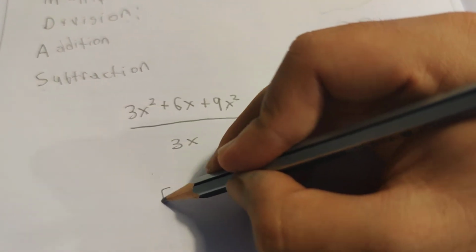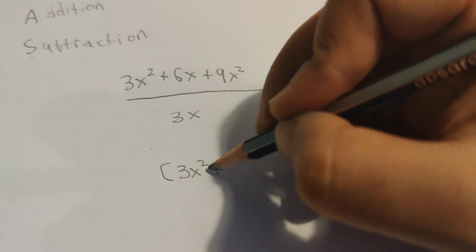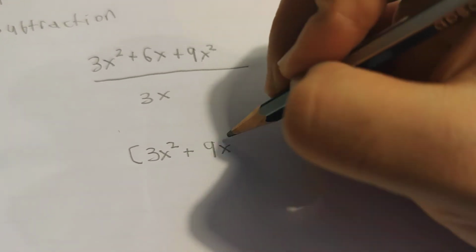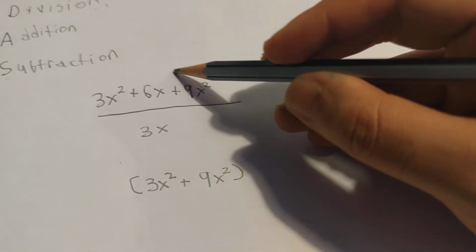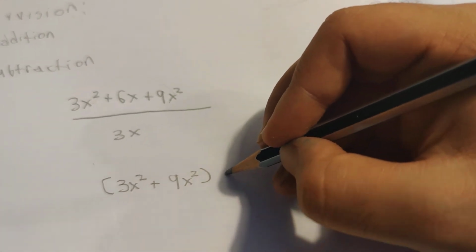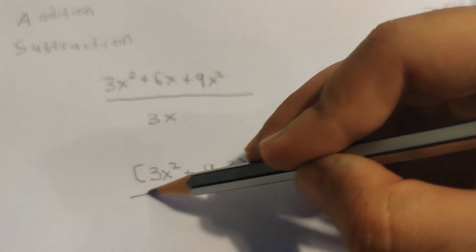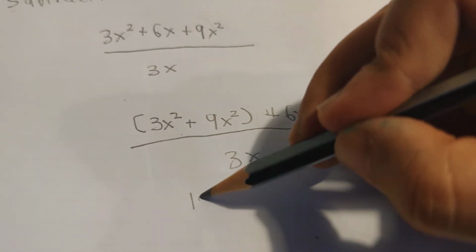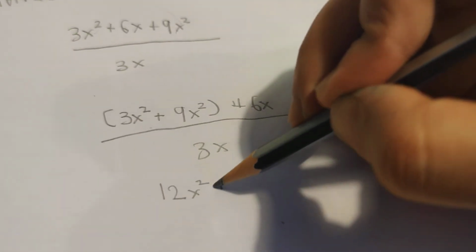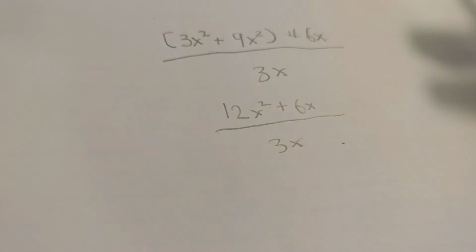Normally, just imagine there's a bracket. They don't usually write this, but generally when you're faced with equations like these, you use brackets first. So first we're going to associate the like terms here using the associative property, as the order does not matter. So 6x upon 3x. Then you just add these two together, 12x squared plus 6x upon 3x,